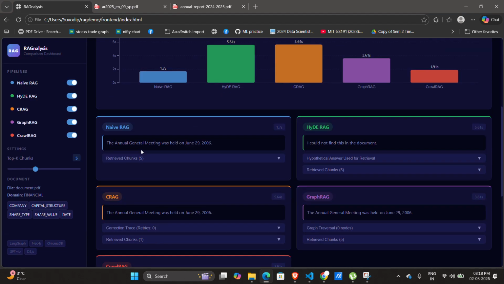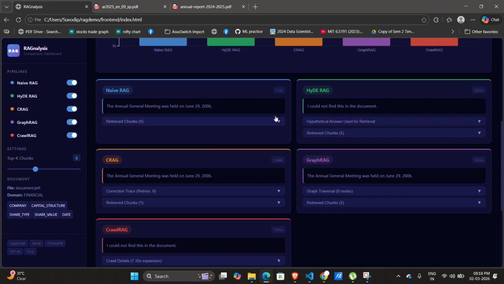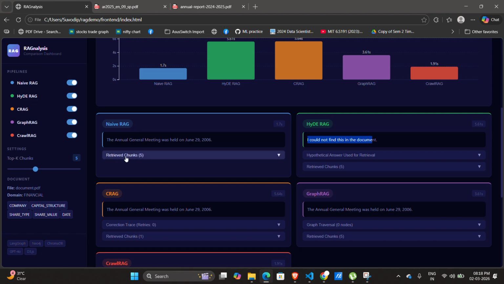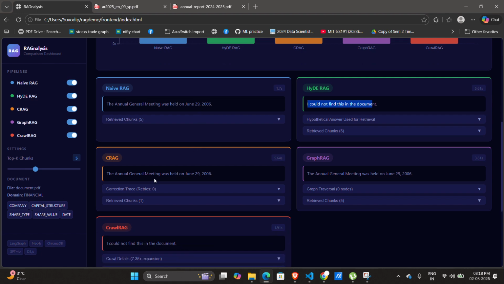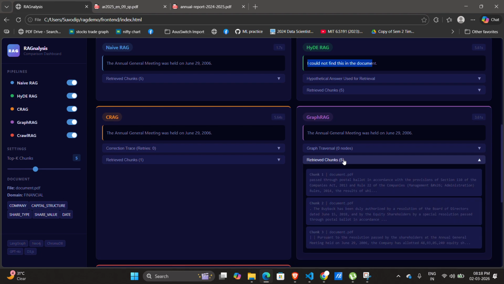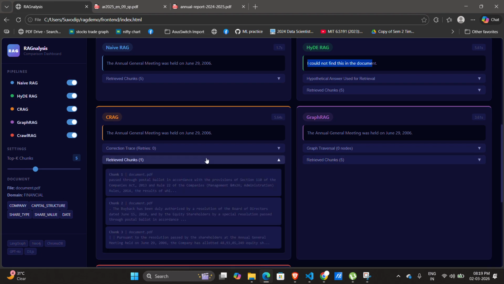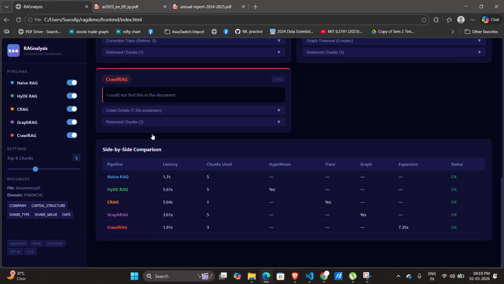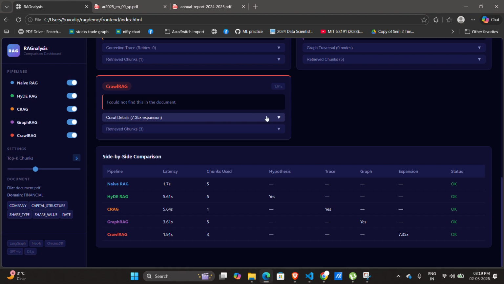And yeah, this is the output. So as you can see, the HyDE RAG is not able to find it. The CrawlRAG is also not able to find it. This is the retrieved chunks. So the naive RAG is able to find it. The GraphRAG is able to find it. Yeah. So this is the overall output,